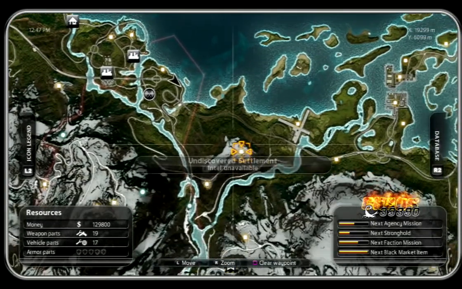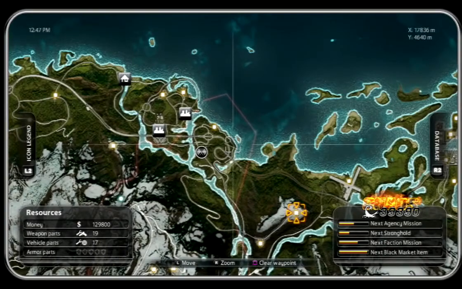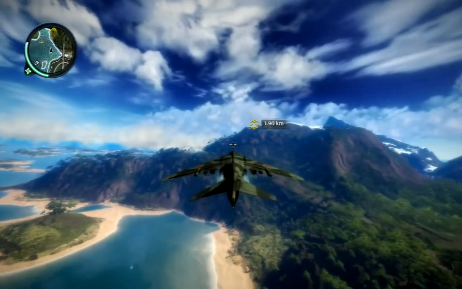So we're going to the northeast side of the mountain. See what we can unlock. Yeah, there's nothing else really to unlock along the coast. So we'll just fly in that direction. Yeah, what am I going to... I think on my PS2...